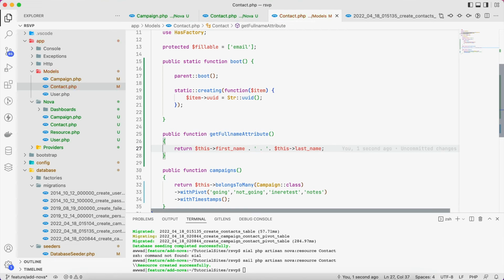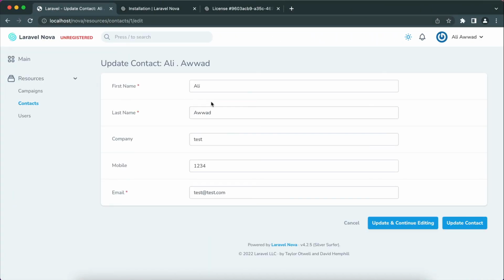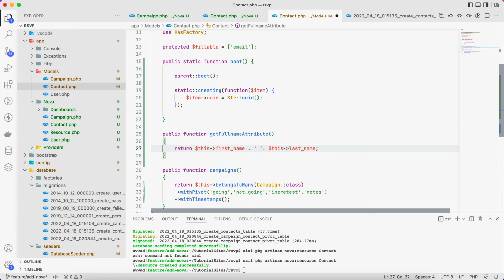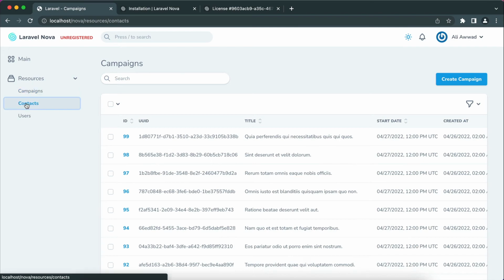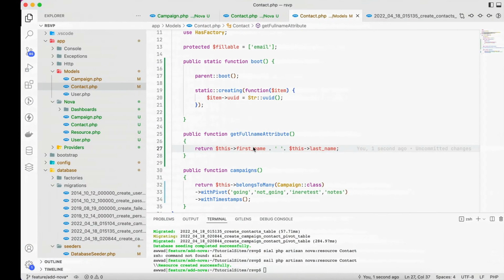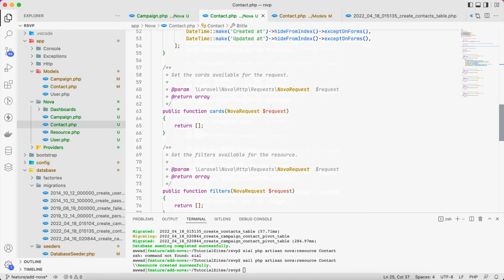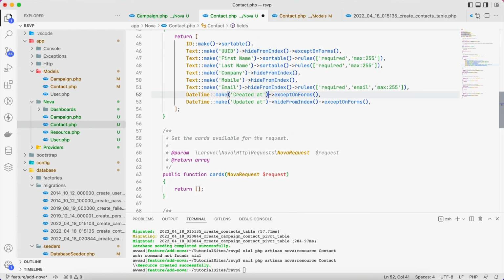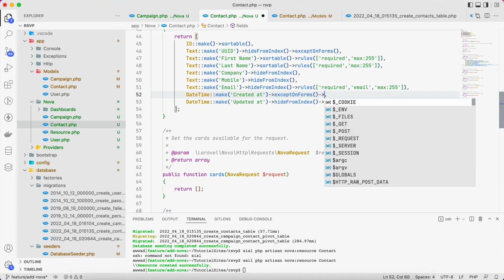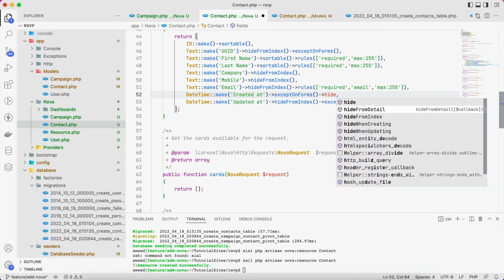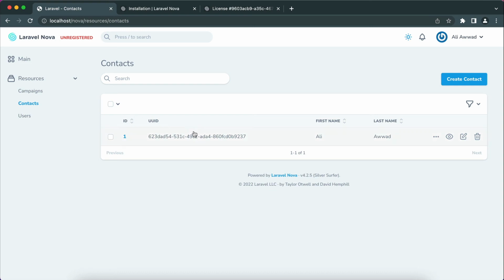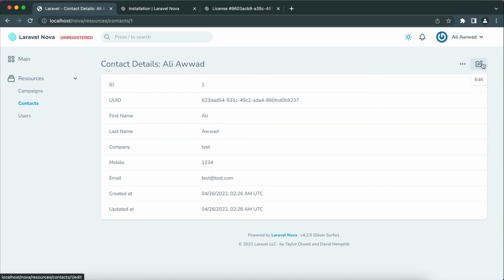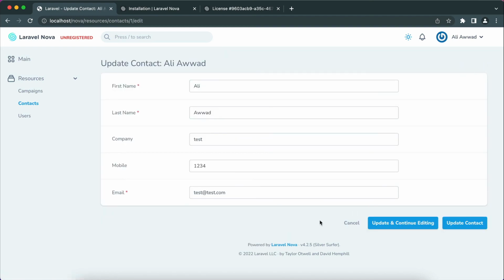So yeah, so if I refresh, I think I shouldn't add this one. Yeah, so now we have the full name. So we have contacts, we have campaigns, and for the contact I don't think I need. And one thing here is wrong is that hide from index should be after the except, because they have done the exception. So refresh. Now we don't have that here, but if we go to the edit, we see it. To the detail, we see it. If we go to the edit, we don't see it. So that's